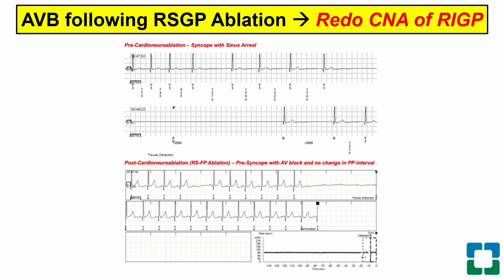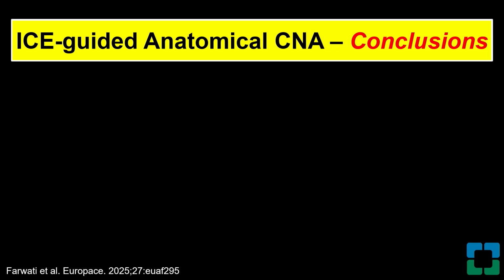So here is an interesting finding, a patient that underwent repeat cardioneuroablation. The clinical manifestation was sinus arrest before the procedure, so we limited our ablation to the right superior fat pad, paraseptal region. But then the patient came back with syncope again, actually pre-syncope. But you see here, the manifestation now is entirely heart block, because the PP interval does not change during this event, suggesting that the vagal activation really is only seen by the AV node, and the sinus node is being completely denervated. It's something that we've seen over and over again now as we expand our cases.